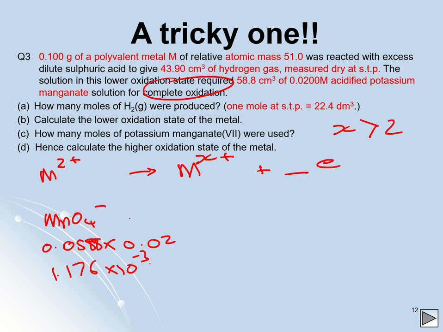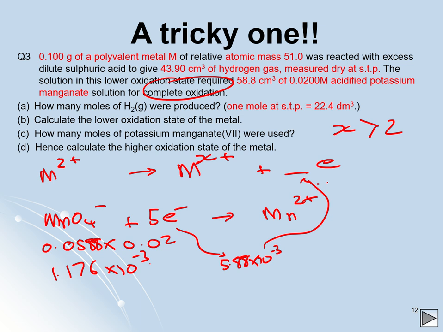Now, based on your prior knowledge, you should know that when permanganate ions are used as oxidizing agents, they will require 5 electrons per mole of permanganate. So the number of electrons being transferred in this reaction is equal to 5.88 times 10 to the minus 3. That's the number of electrons that must be lost by whatever moles of metal we have. And the moles of metal we worked out earlier, at 0.1 divided by 51, was